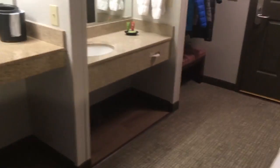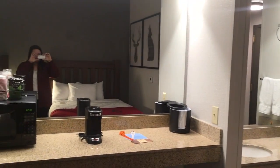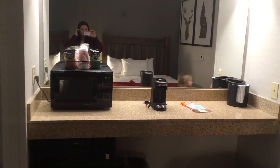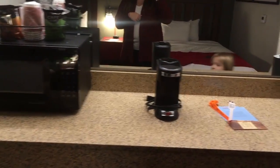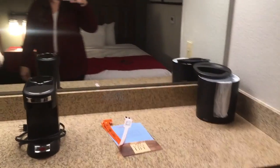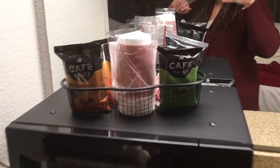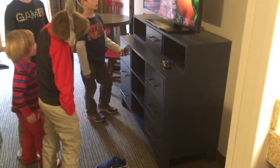So the sink for the bathroom is there with a mirror, and then there's another mirror here with a little kitchenette area. So there's a fridge, trash can, microwave, coffee maker, ice bucket, mirror. There's little stuff here that you can make your own coffee and drinks. And then here's a